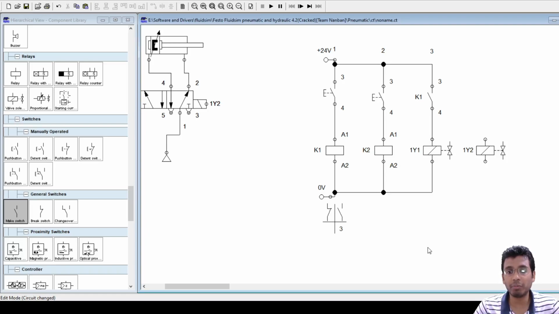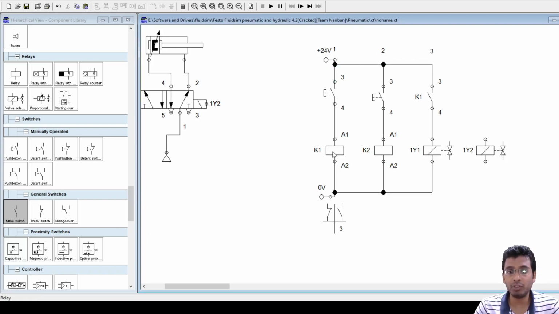If you can recall from a previous lecture, I told you that whenever a relay K1 is used, it has two types of contacts, a normally open contact and a normally closed contact. When you are using a normally open contact, in whichever current path you apply it, all your current paths will come here. If you just notice, this is K1, and these 1, 2, 3 are your current paths.